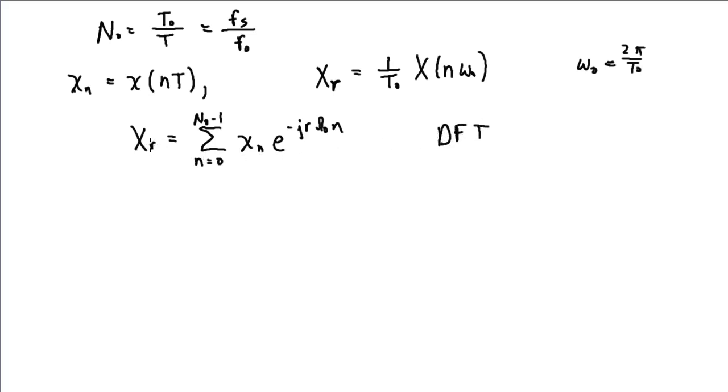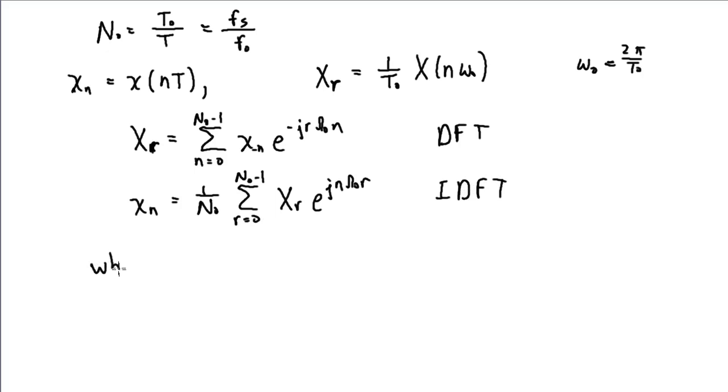So it allows me to calculate a set of complex sample values from samples of my original x of t, and then there is an inverse transform, x of n, that's 1 over N0 sum from r equal to 0 to N0 minus 1 of X of r e to the j n omega 0 r. This is the inverse DFT,